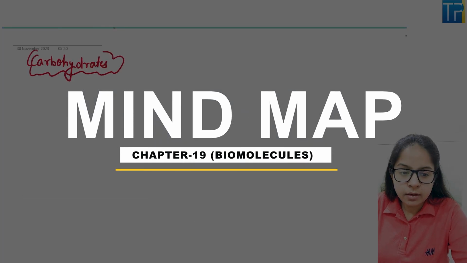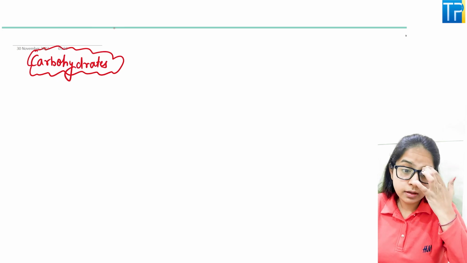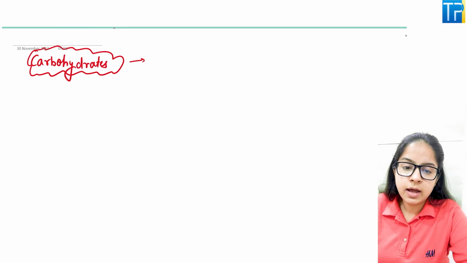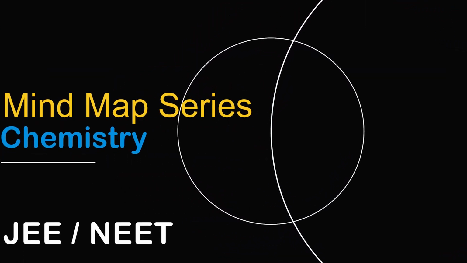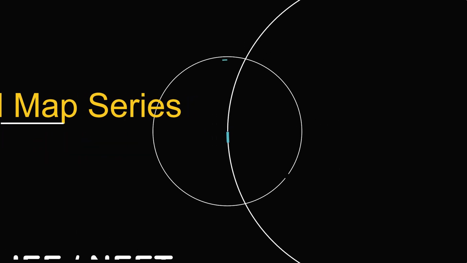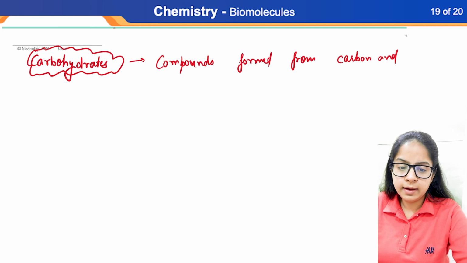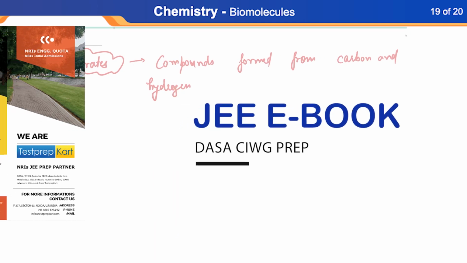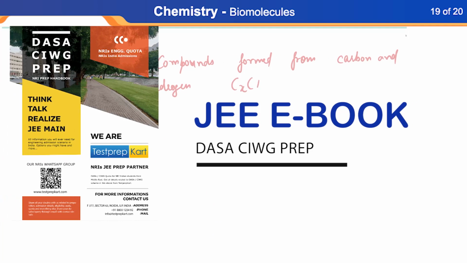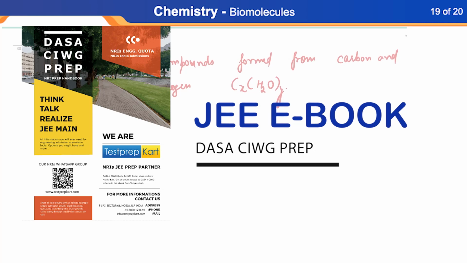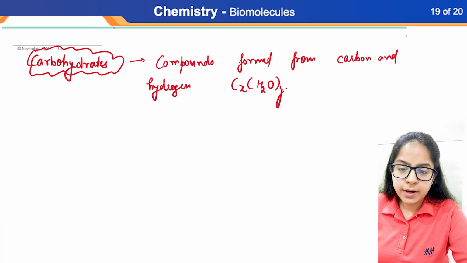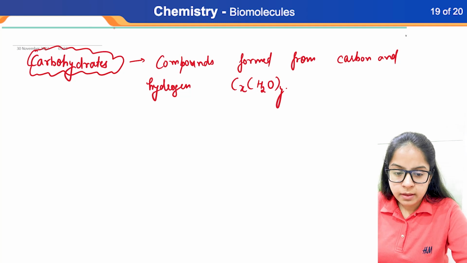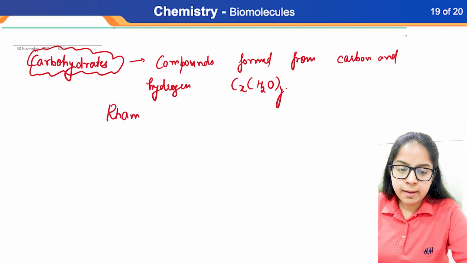In the starting, it was thought that carbohydrates are the compounds formed from carbon and hydrogen. And it was taken that the formula of carbohydrate should be CxH2O(Y). In the starting it was thought that, but after some time, they thought that rhamnose